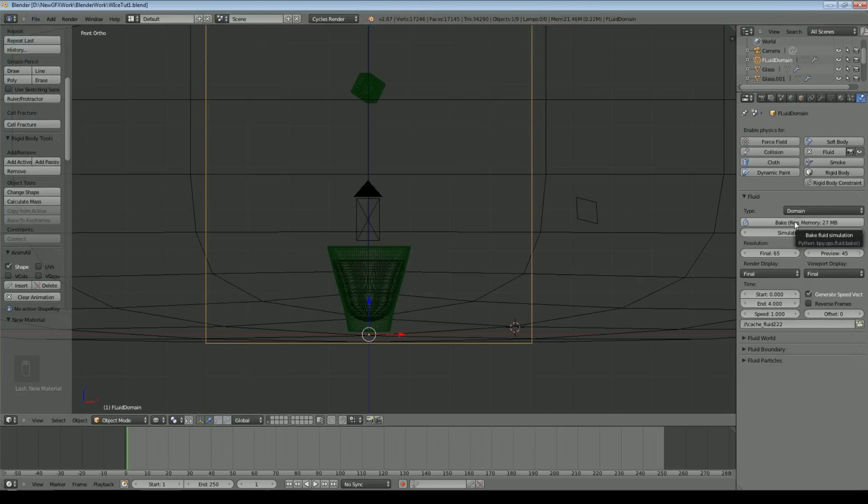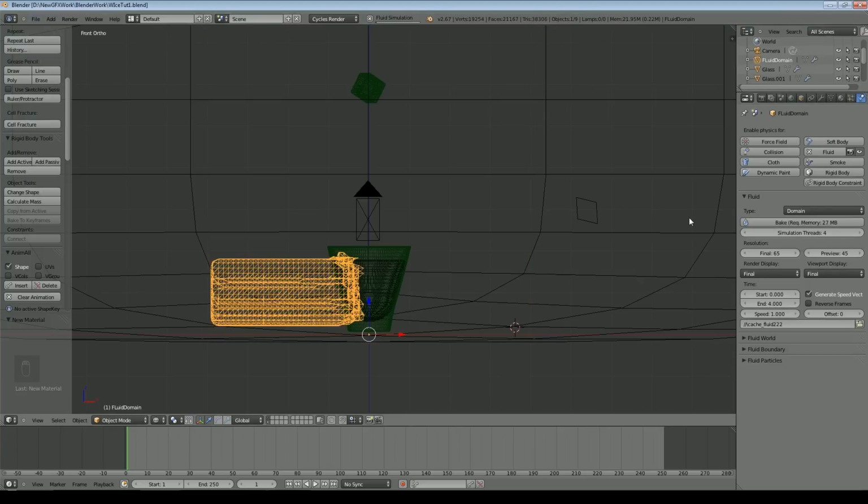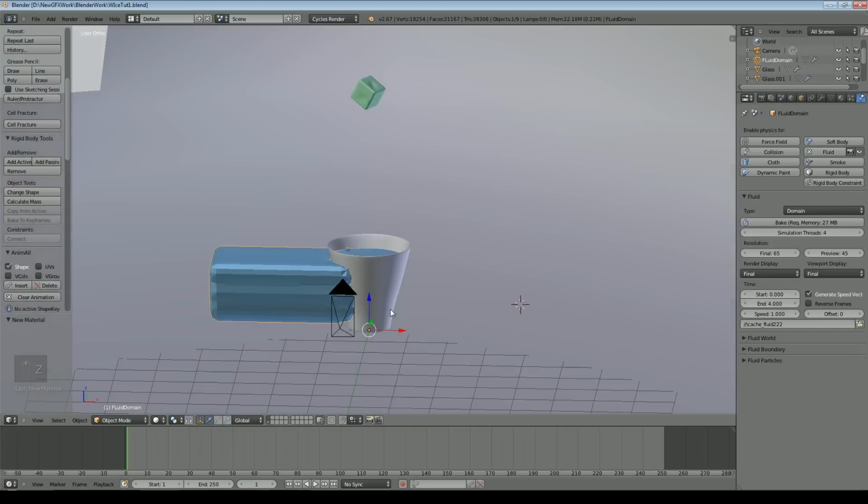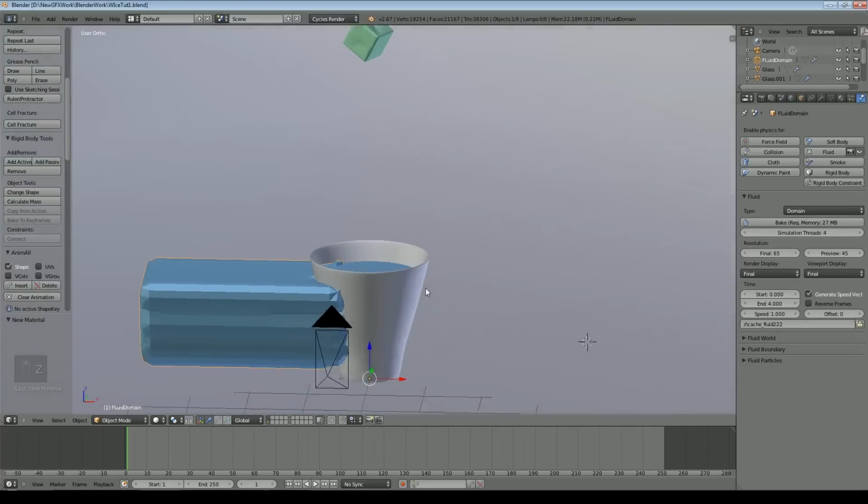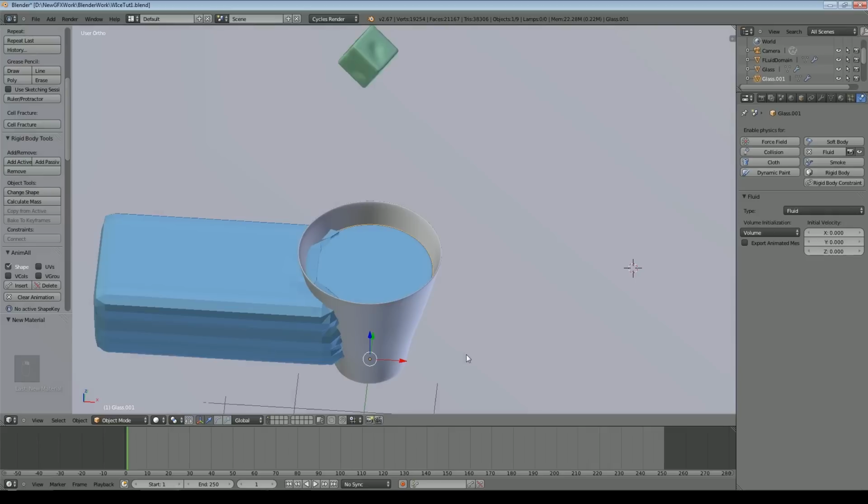So this will take a few moments, and there's obviously a problem here, and I know what it is. And the problem is, we'll just stop the simulation. You can see that the fluid has been created, but it's all peculiar, and the reason is because of the way I created this inner shape. The normals are in the wrong direction.